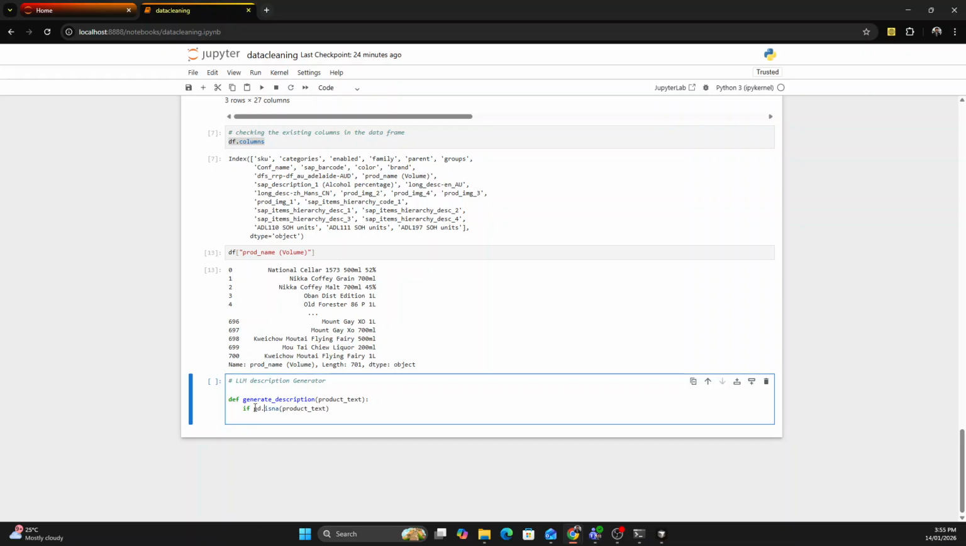From the pandas library, isna is the function which takes product text as an argument. If it returns true, that means it's null, I mean, the product text has nothing. If it returns false, then it has something, right? So if this is true, or